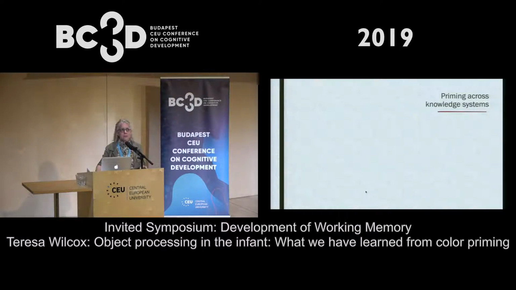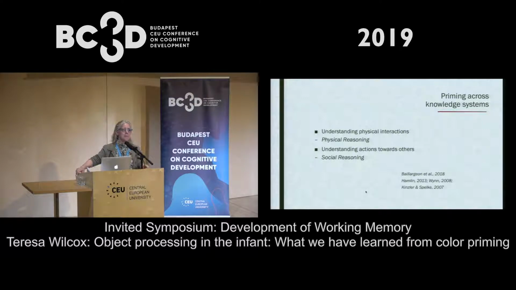Now I'm going to talk about some more recent studies. Well, those were recent studies, but here are some other recent studies that we haven't published yet. One of our questions from the beginning is, can we get priming across knowledge systems? All of the work that I've been talking about, object individuation, is about the physical reasoning system, the object tracking system. There's some data to suggest, and many people have argued, the possibility that the human brain is organized to process and